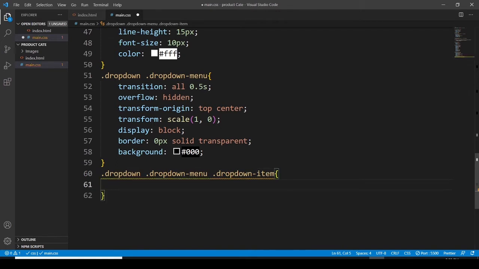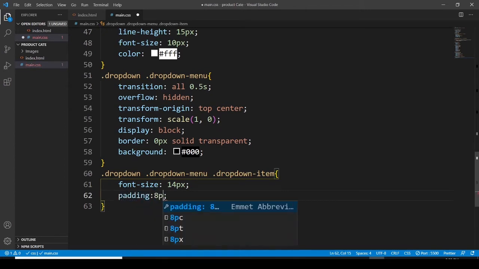Okay, and here font size is 14 pixels. Then we have to use the padding, and 8 pixels, 20 pixels, and I need to use the important flag here,